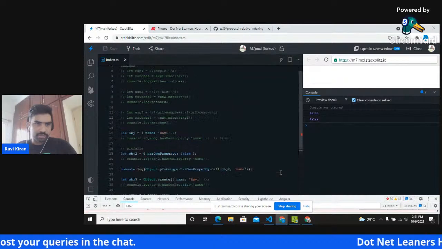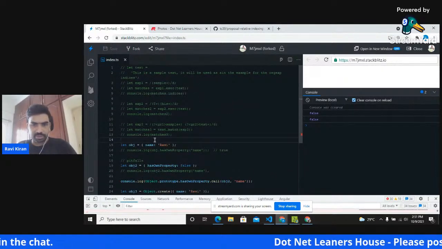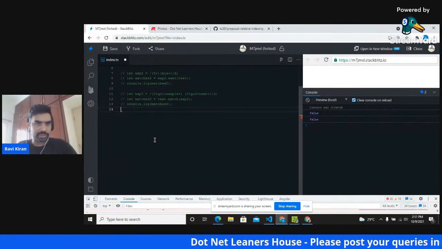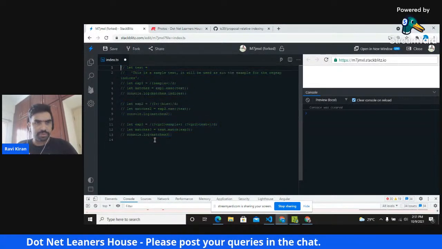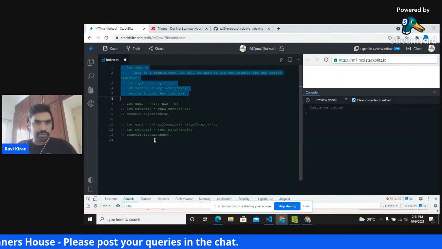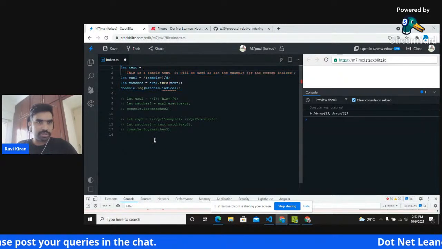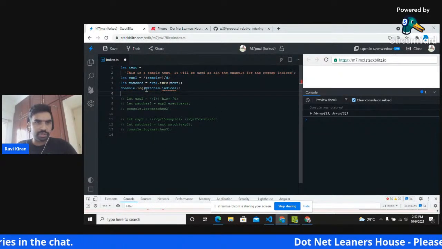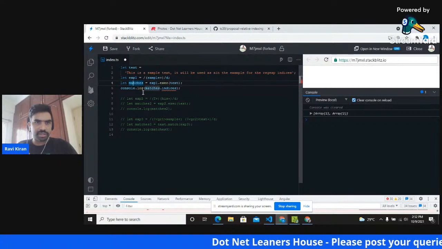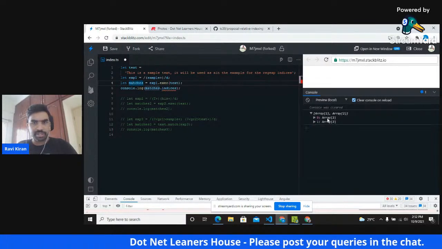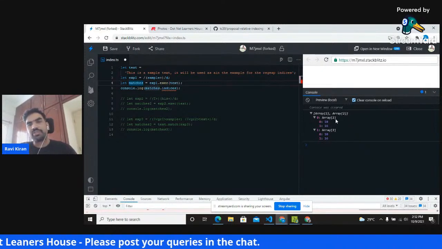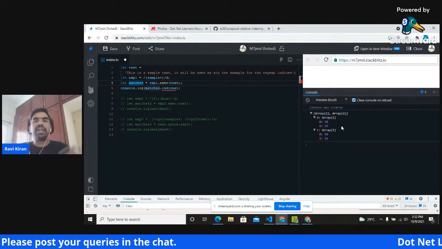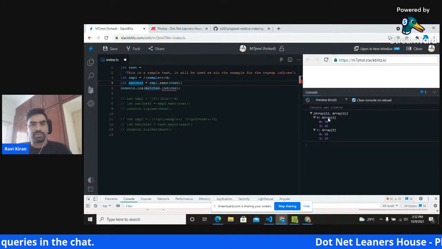Okay, so these examples actually exist in my browser because I was trying them before. I'm going to uncomment only the first part of the snippet. Now when I got the matches and printed matches.indices, I got an array, and the array has two entries. These entries contain the start and end indices, and as you see, both are the same.